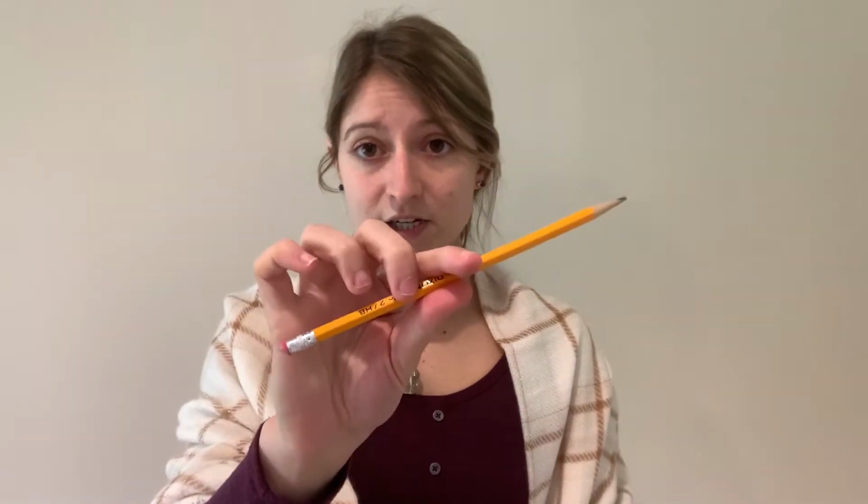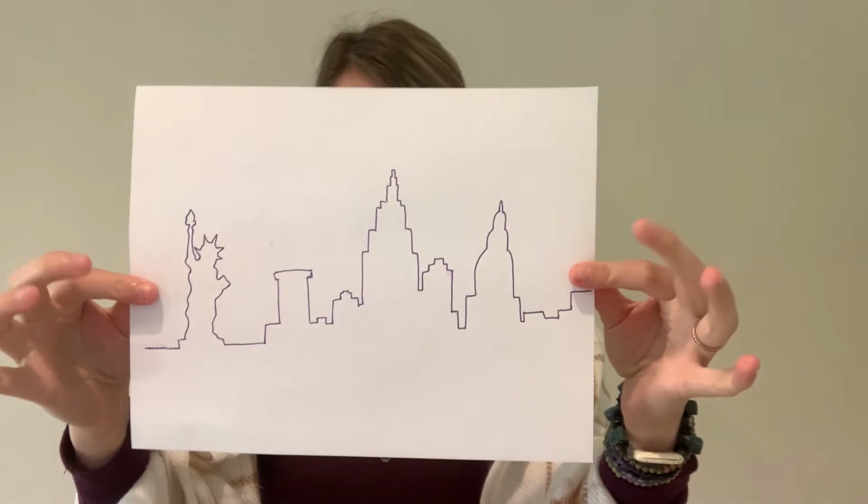And then optional, I have a pencil here, and I have this skyline that I drew that you guys should have attached in your email. If you feel like, wow, that Statue of Liberty is going to be way too hard and you really are nervous about it, you can feel free to print that out and cut it and trace it onto your paper, but I do encourage you guys to try to make your own, just because I think you'll be surprised at